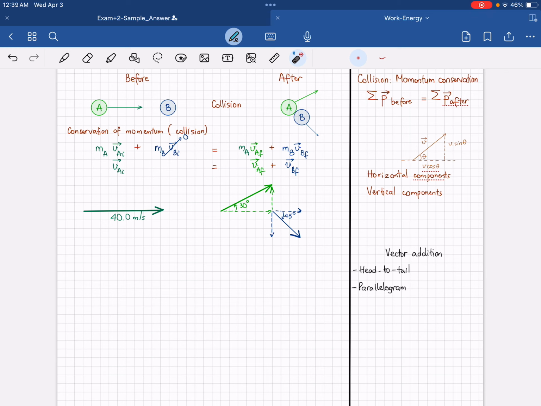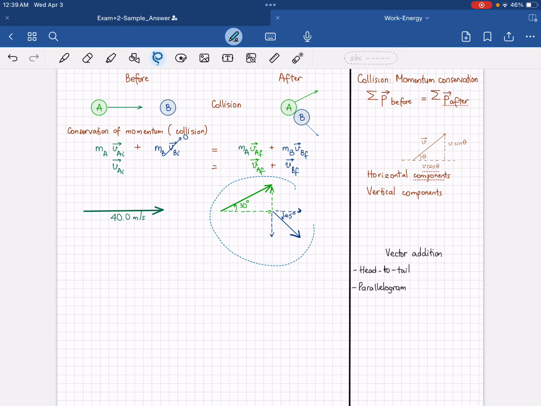Instead of summing this one and this one together, I will just sum these four vectors together. Because we will have the two in the same directions and the other two in the same directions, that will make the math easier. And you can see here